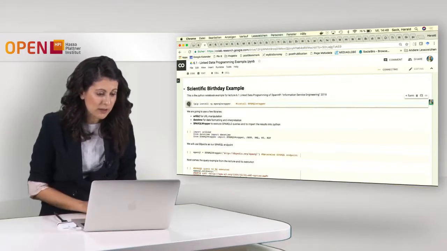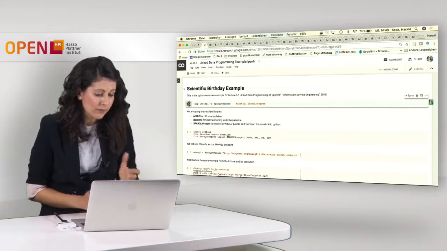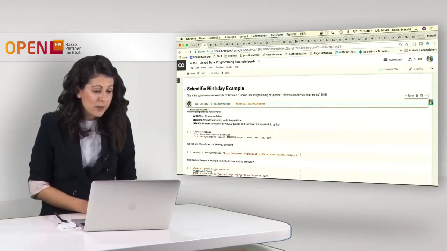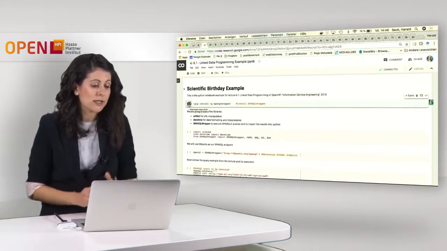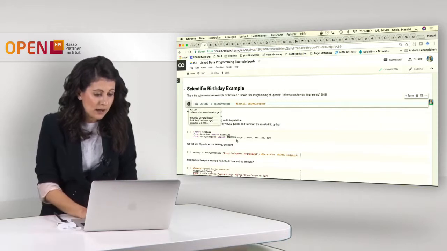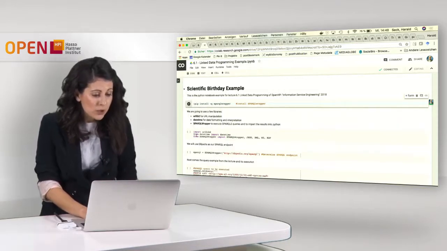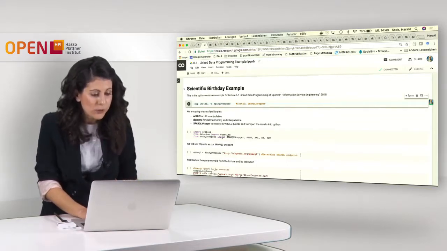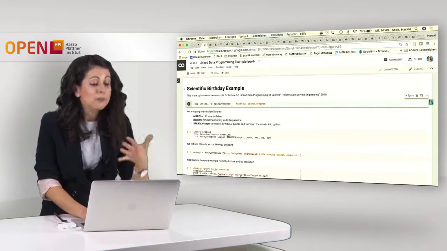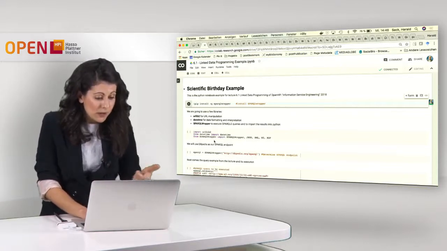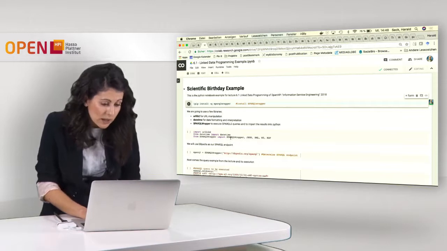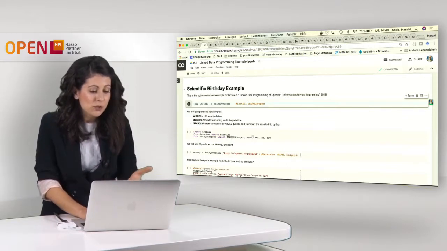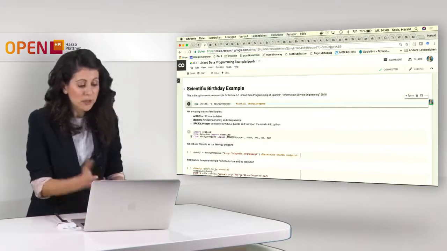I first press run and then explain to you. First, we have to install this SPARQL wrapper because it's not pre-installed. This might take some seconds. And then we are going to install some of the other packages. We need the URL package because we are going to deal with URLs, the datetime, and from the SPARQL wrapper, we want to import the SPARQL wrapper, JSON, XML, N3, and RDF. I don't know if we are going to use all of them, but we can